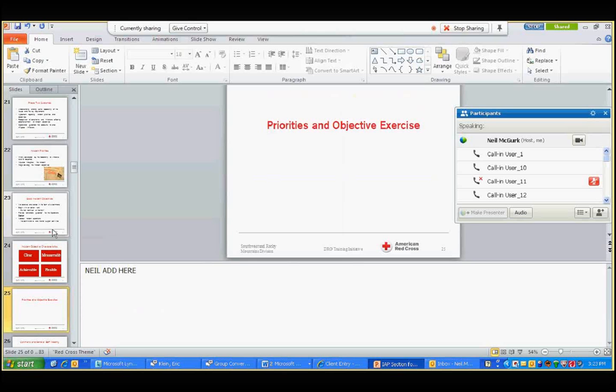And within those groups, they then need to assume certain positions on a table of organization. I have outlined those positions within the facilitator's guide. Everyone's playing their role, and you're ensuring that everyone has a specific role. Then you're going to hand out some information regarding the priorities and objectives exercise. That's where you're going to get out your flooding scenario and some basic information.